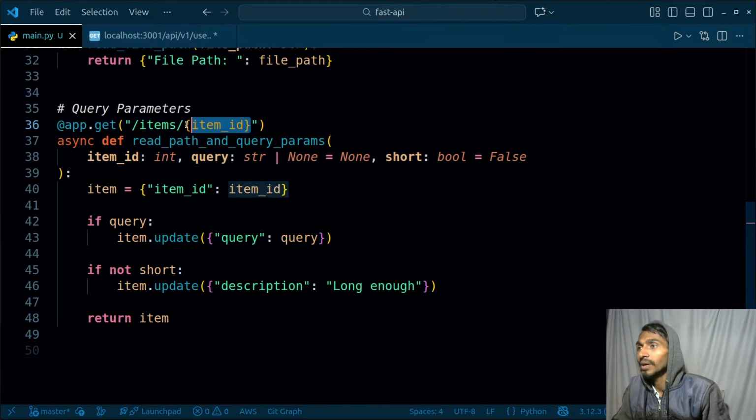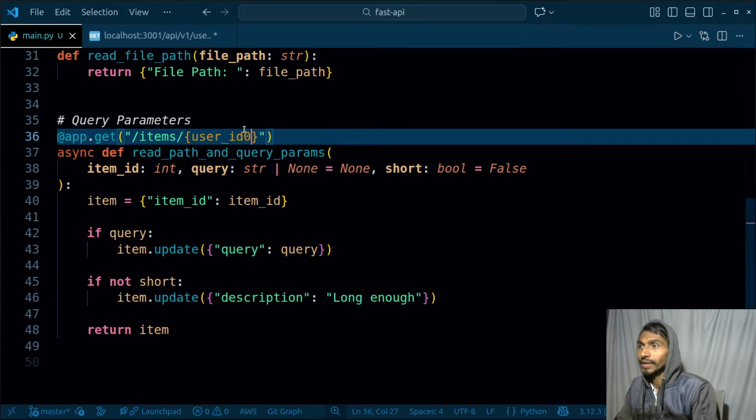By the way, apart from this item ID, I will be having my user ID as well. So let's have the user ID first of all. So user ID is going to be here. Just after that, even before that,